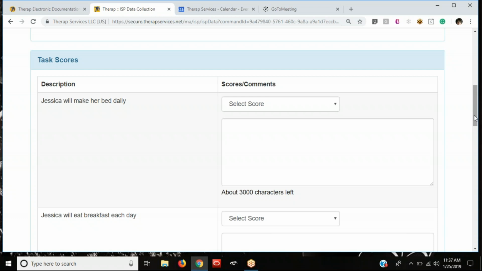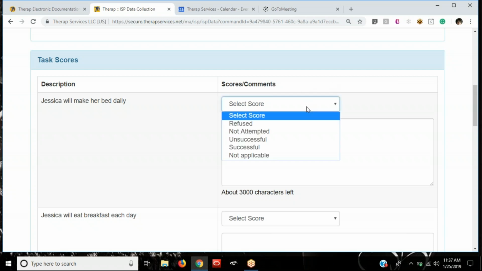So my first question is, Jessica will make her bed daily. Is my thing not, my computer's not plugged up. Okay. I gotta remedy that situation. My computer's not been charging this whole time. And I plugged it into this